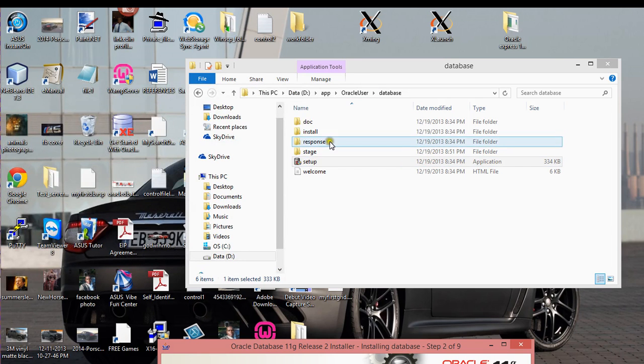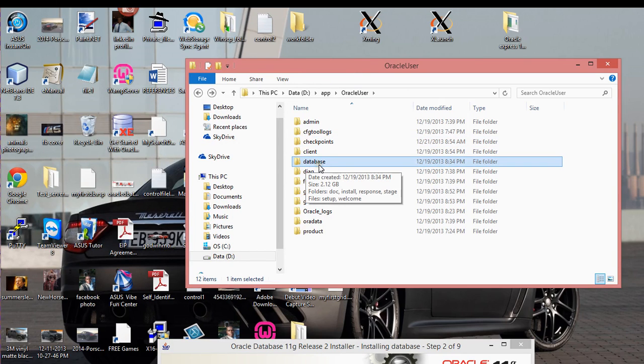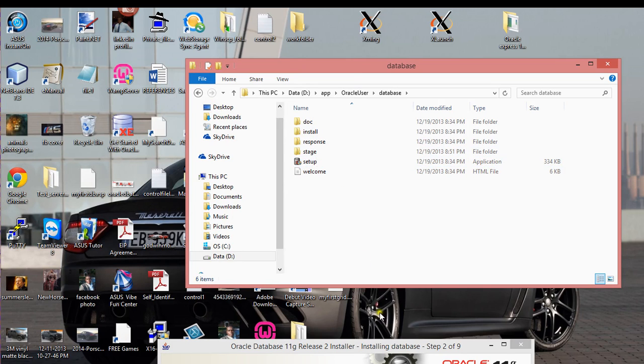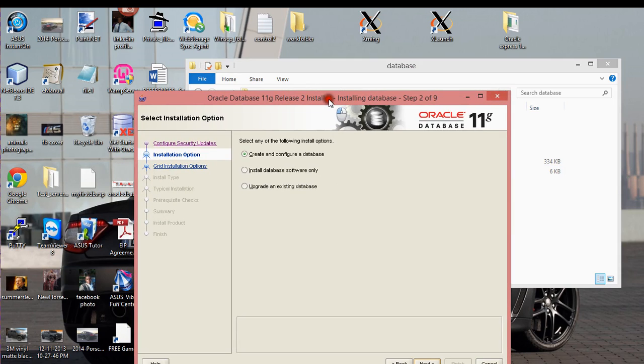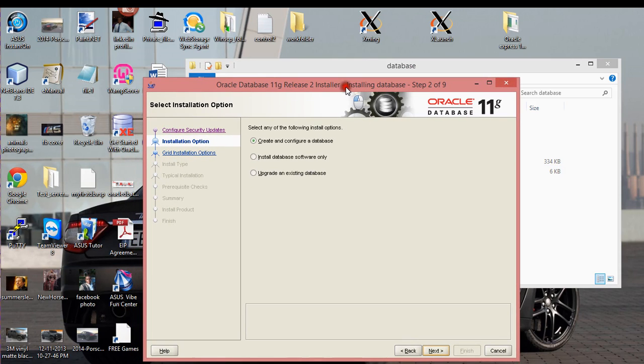For my Windows environment, I have my OUI set up in this directory. This is the setup file. I've already opened it, and this is what you see when you get into the OUI window. Again, OUI stands for Oracle Universal Installer. Here you have a choice: you can create a database, create software, or upgrade an existing database. I'm going to go to creating and configuring a database right now, and then I'll go over how to install additional database software